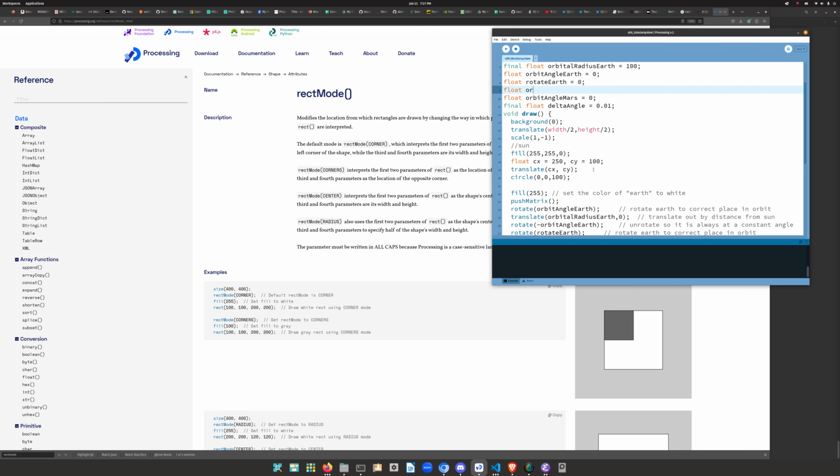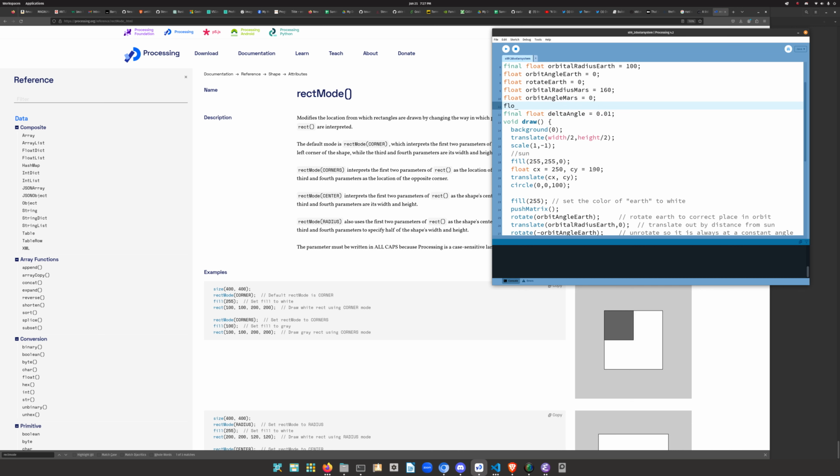Float orbital radius Mars equals 200. So we're making Mars twice as far from the sun as the Earth. That's not true. I can make it like 160. That's a little more accurate in my cartoony world here. And orbit angle Mars and